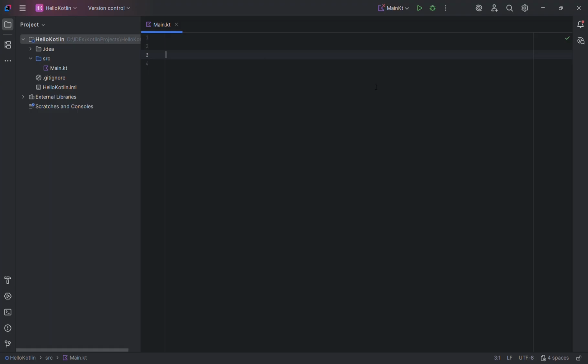Let's get started with our first Kotlin program. So, you're gonna write fun main and a curly brace. So this is the function body, and this is the main function where every Kotlin program starts. So we're gonna print hello world using the println function. So write hello world